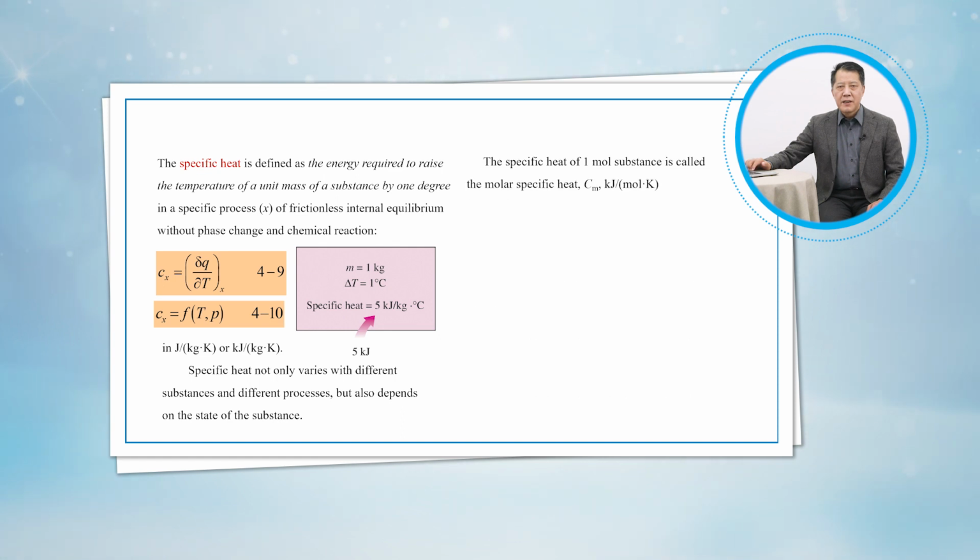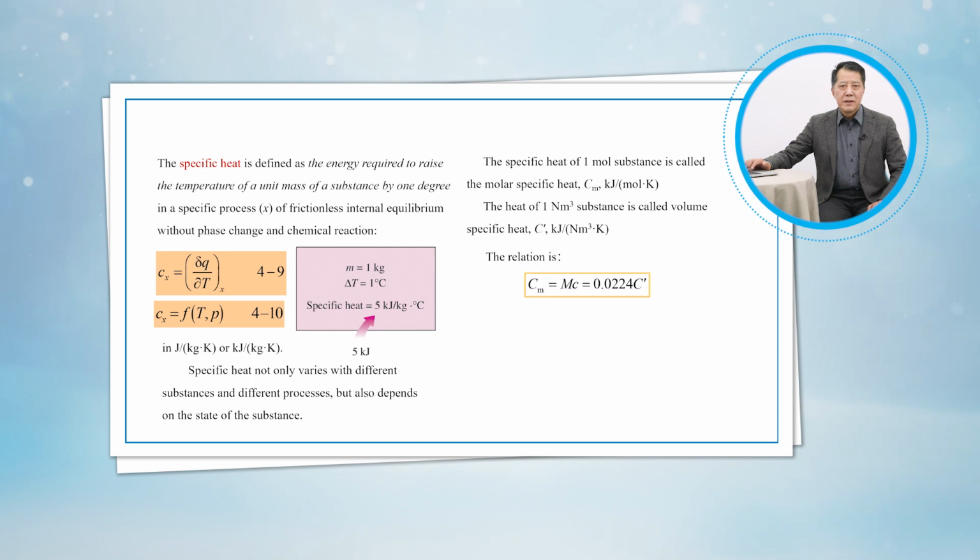The specific heat of 1 mole substance is called the molar specific heat, Cm, kilojoule over mole Kelvin. The specific heat of 1 standard cubic meter substance is called the volume specific heat, C', kilojoules over standard cubic meter Kelvin. The relations of these specific heats is: